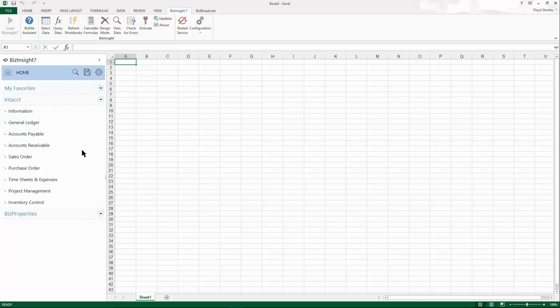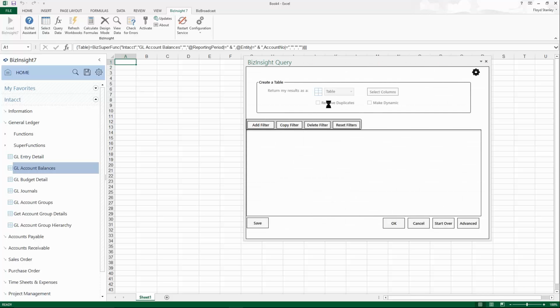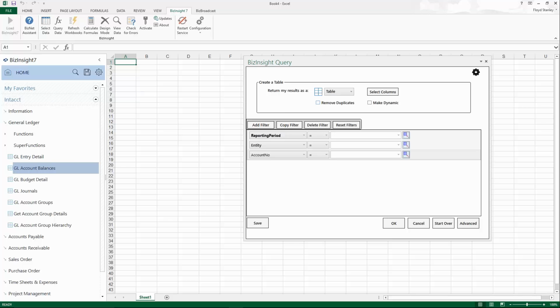And so, since we have more detail in the general ledger, I'm going to bring over just a table of account balances, and using a table